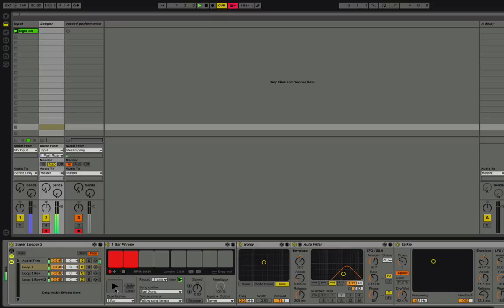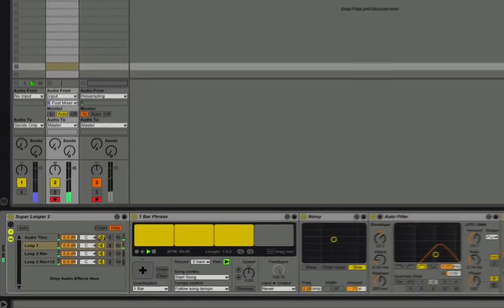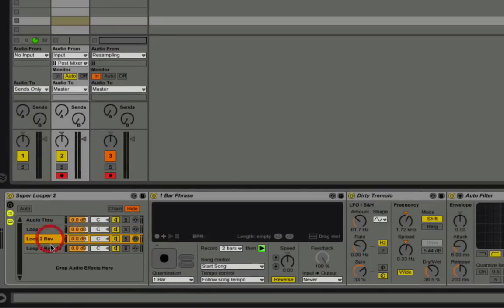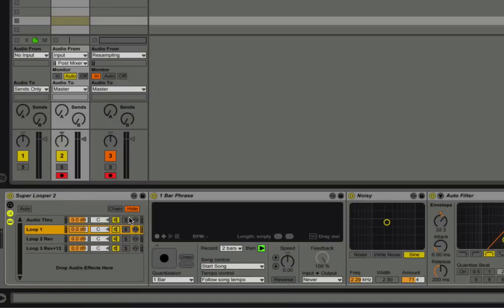I'll just hit that. So anytime you hit that in any of the loopers, you could start with anyone you feel like. I have them set to follow song tempo. There is a setting here for set and follow song tempo,